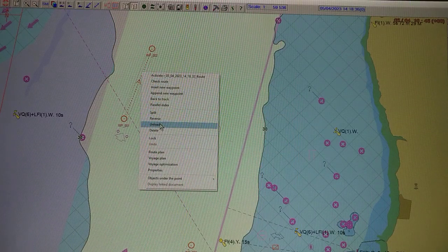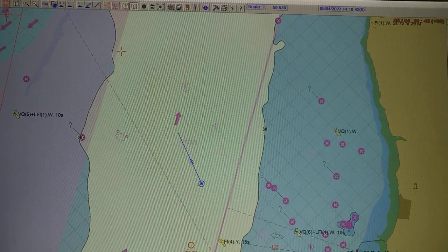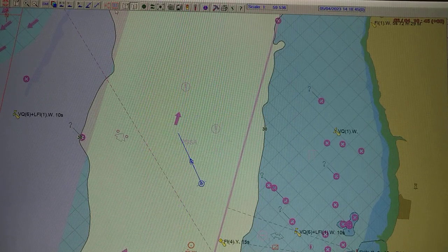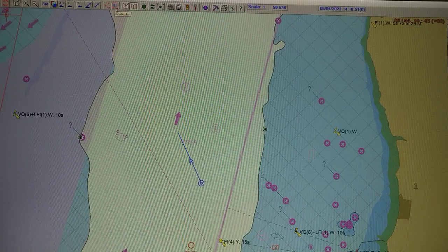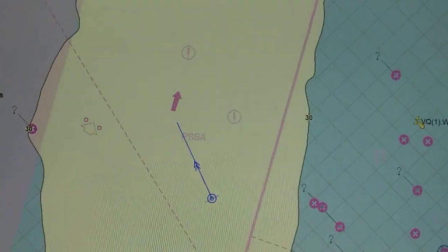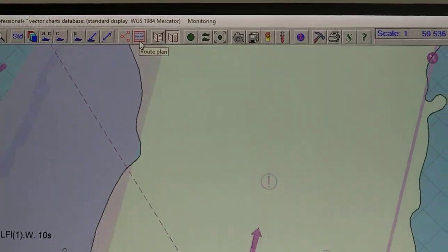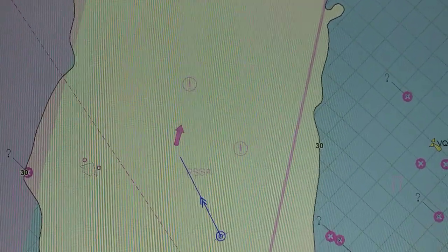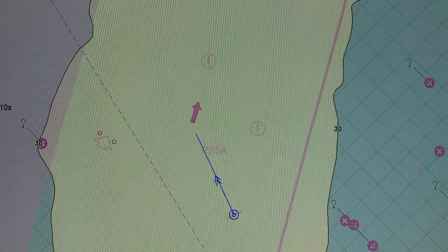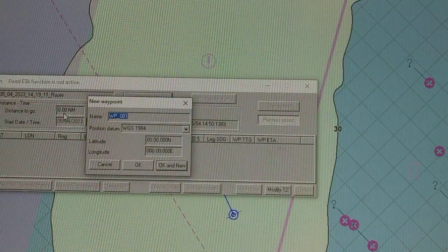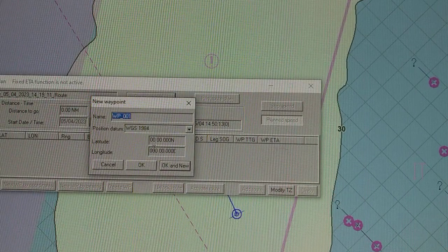It may be an alphanumeric method in which you will use a keyboard. So this icon, which is the route plan toolbar, there you see it. If you click on that toolbar, you will be shown a table in which you will input your coordinates,